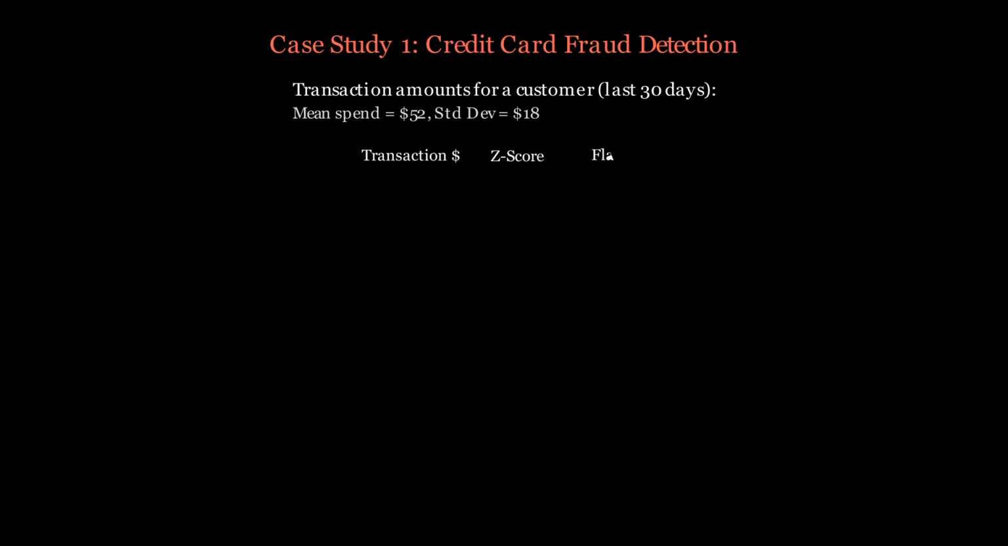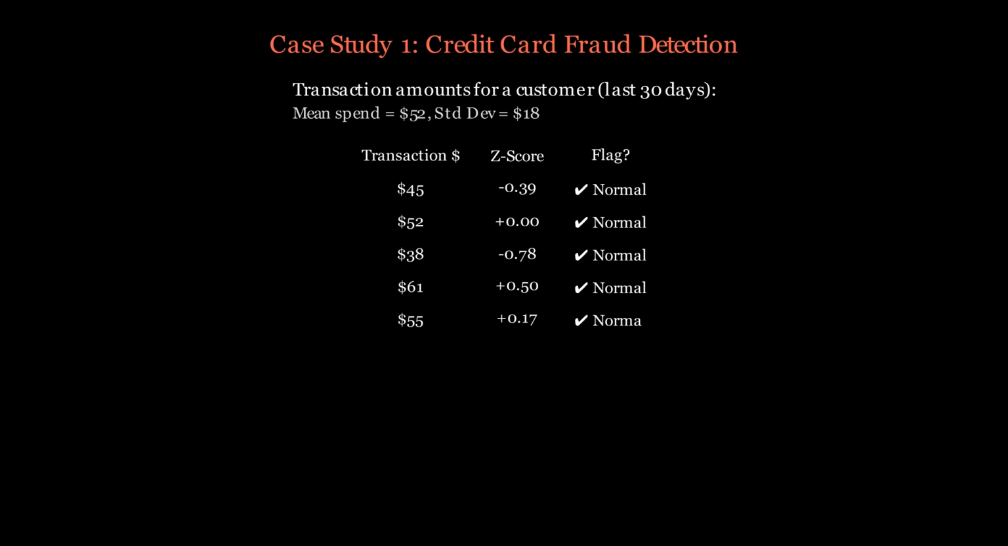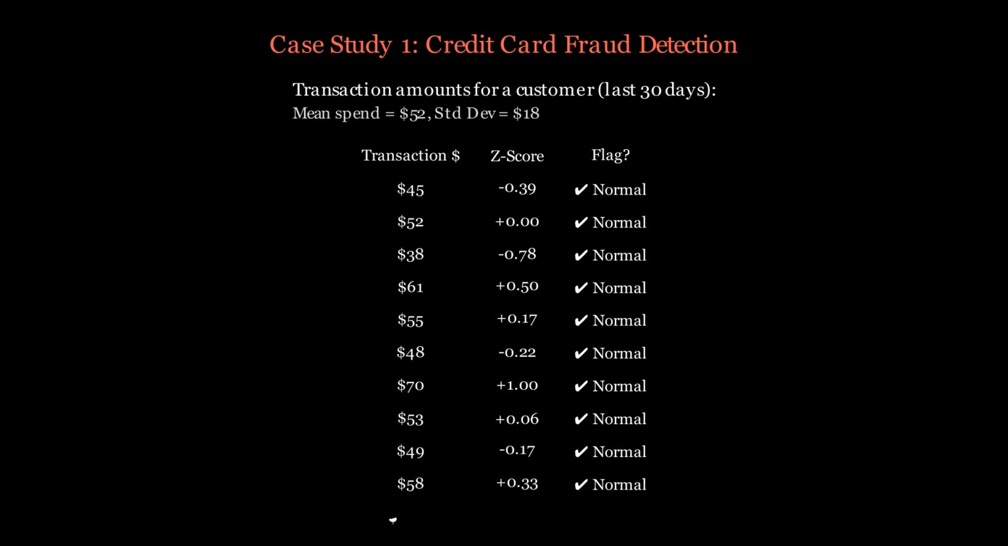Let's see Z-scores working in a real fraud detection system. A credit card customer typically spends an average of $52 per transaction with a standard deviation of $18. Looking at their recent transactions, 45, 52, 38, 61, all produce Z-scores comfortably between -2 and +2. Normal behavior. But then, a transaction of